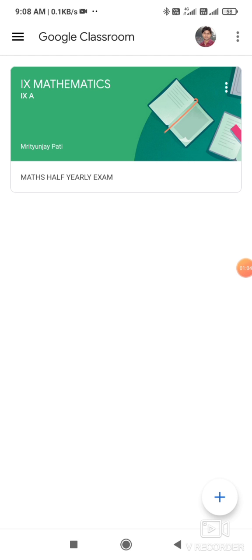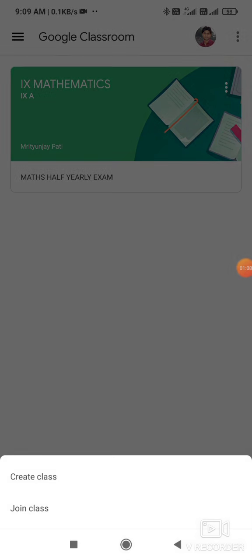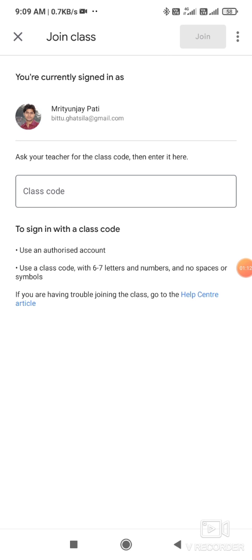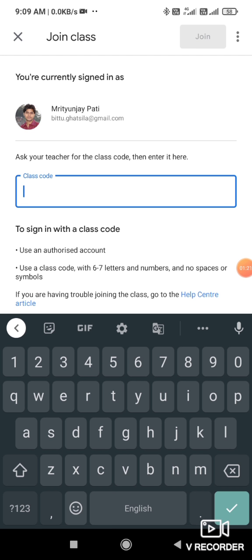See, at the corner below, a plus symbol is there, so you have to join class, and the class code will be given by your respective subject teachers. You will enter the class code here, or you can join the Google Classroom directly through the link given by your subject teacher.